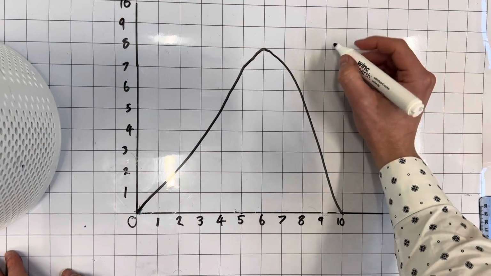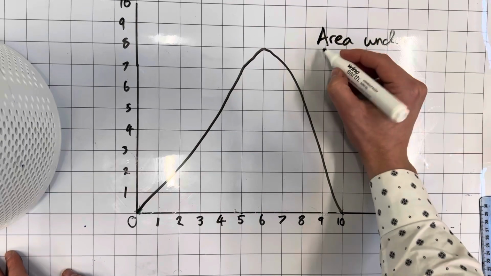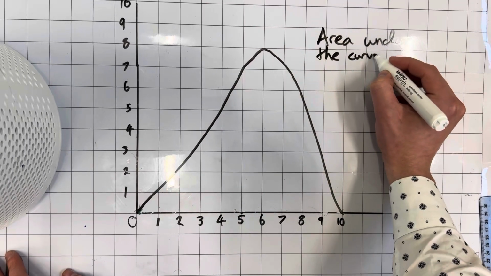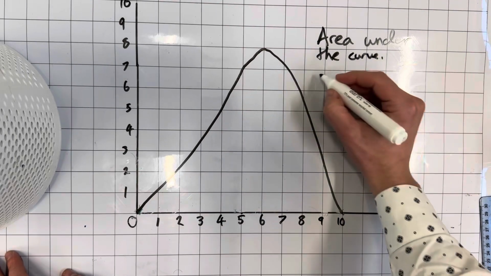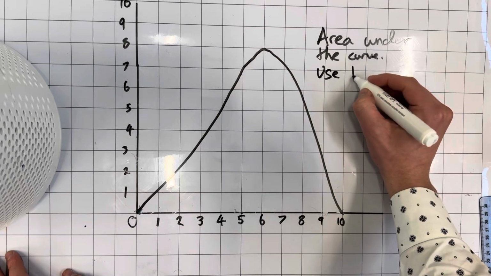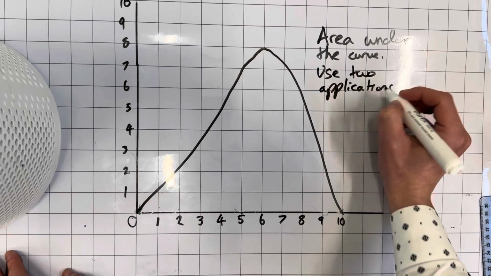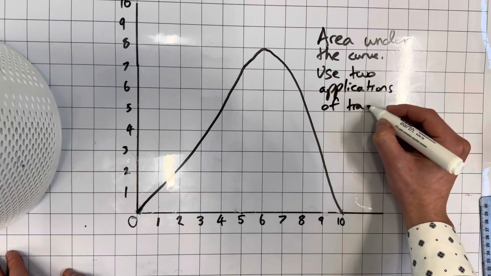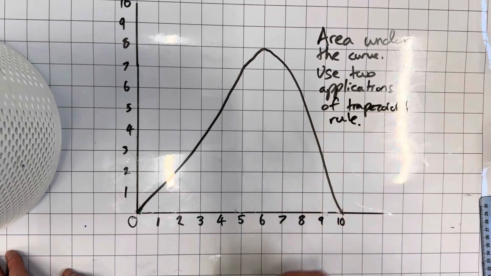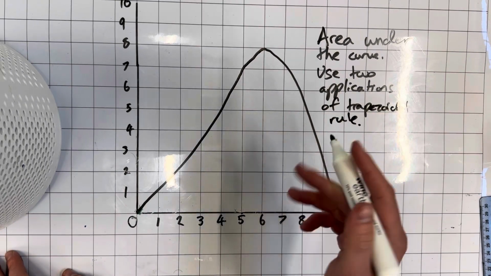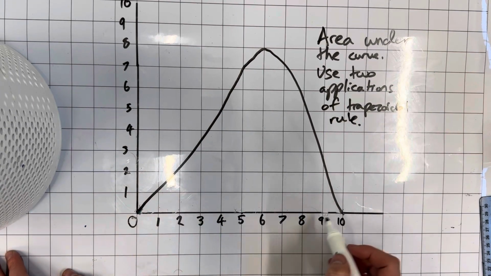So in this example, let's say you were asked to find the area under the curved line. So in this example, we need to find the area down there. And let's say you were asked to use 2 applications of the trapezoidal rule. So if we're asked to use that, what we are effectively being asked is to use the rule 2 times. And the easiest way to do 2 times would be to split this in half